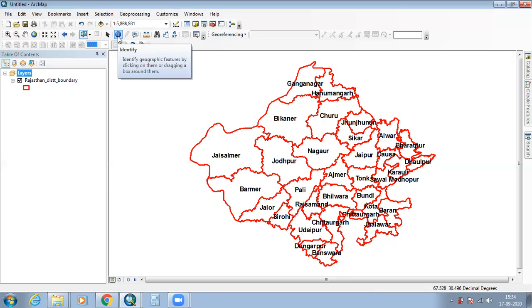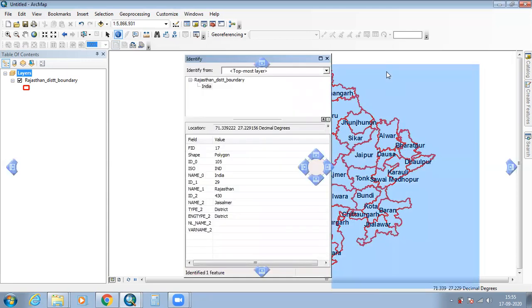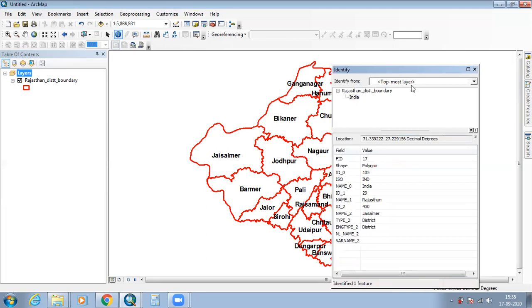And next one is identify. The identify tool is used to identify a feature by just clicking on it, and it displays the information saved in the attribute table. For example, if I select this feature, it will represent the identity of the feature. That is, this is the Rajasthan district boundary of India.